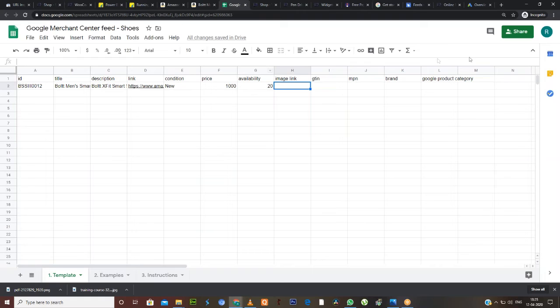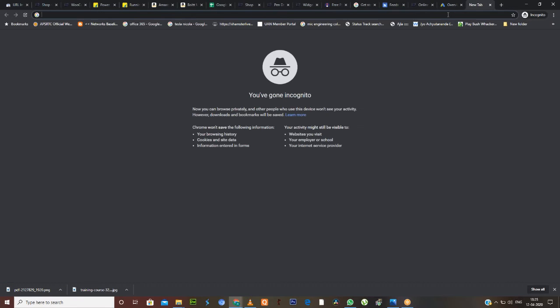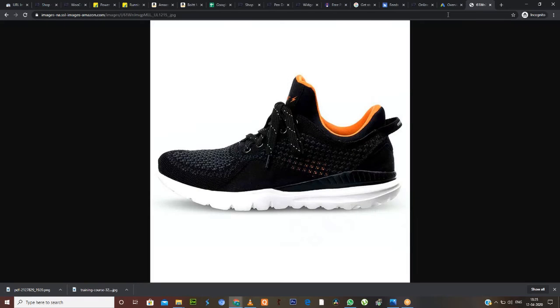So the image is being copied now. Okay, now open a new tab and paste this link and press enter. So this is the URL of the image where it has been uploaded.